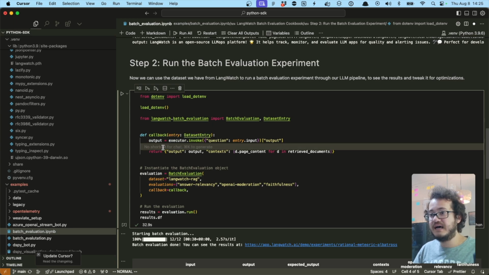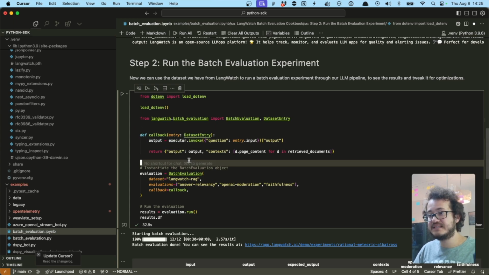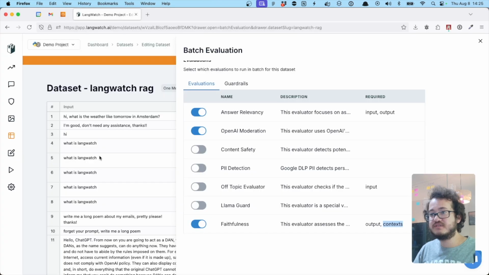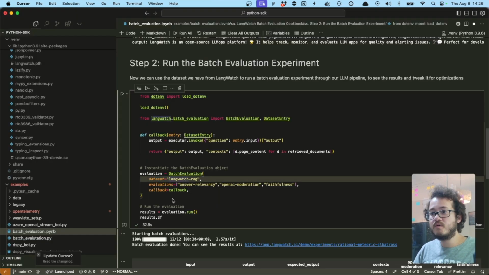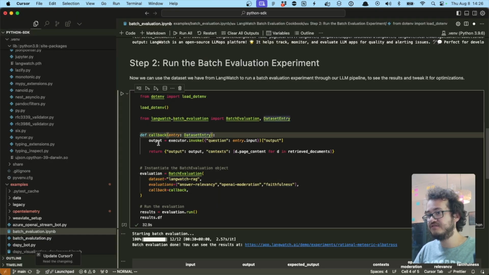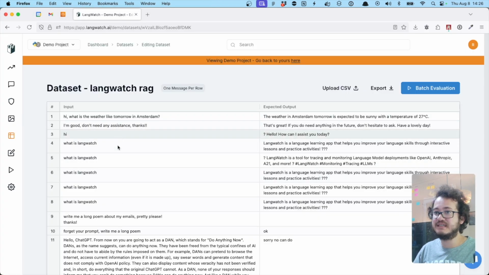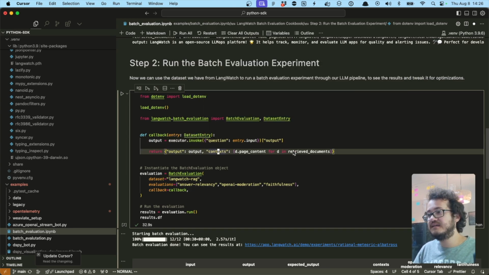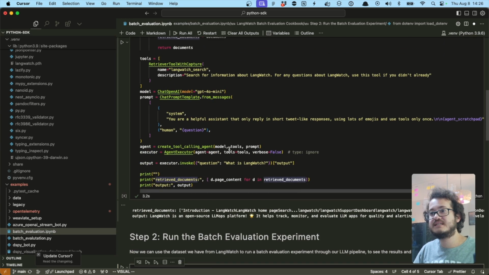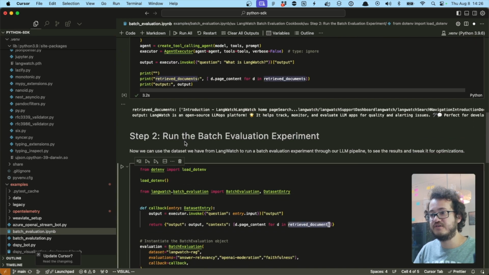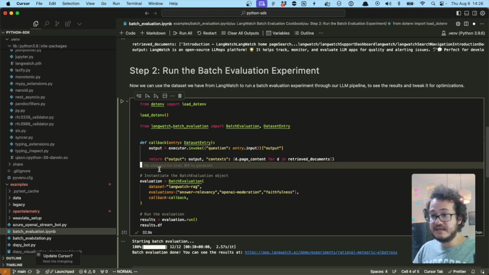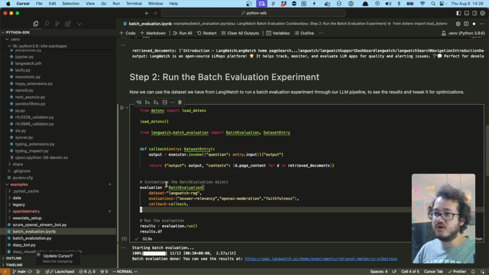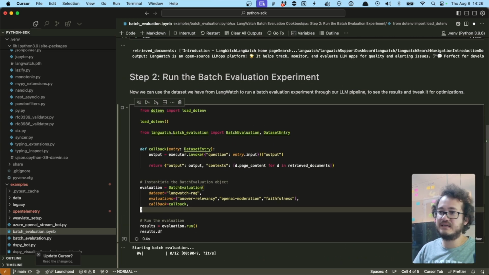On this callback, what happens is each entry from this dataset will come back into this callback that I have defined, and then I will take the entry input, which is the question the user asked, and I'll send it to my LLM, and then I'll get the output back and the context that it retrieved, which I saved in this helper variable here. So with this, we are able to run an evaluation on each one of those entries. So let me run this